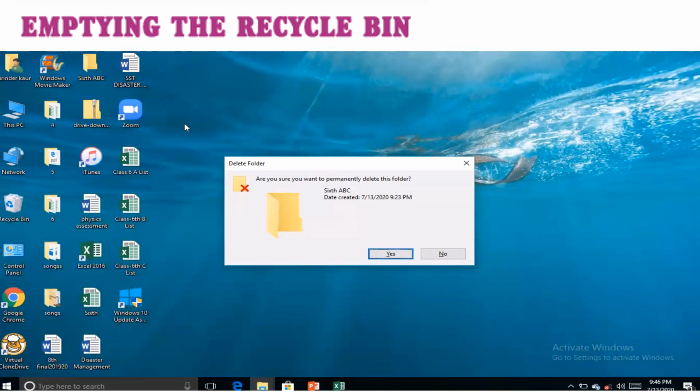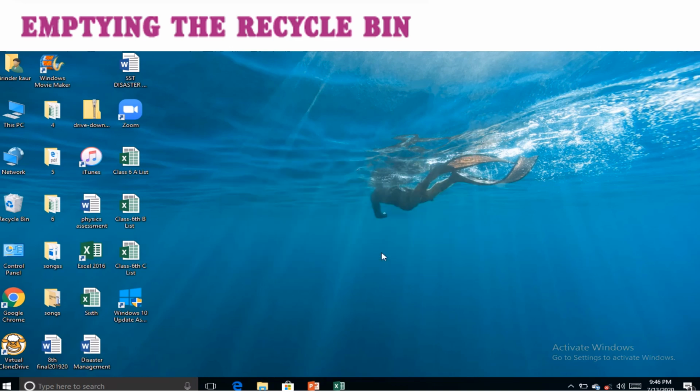Now you can see here we have a message that you want to permanently delete this folder. This means this folder will not go to the recycle bin, it will be deleted permanently from your computer. When I click on yes, then it will be deleted from here and it will not go to the recycle bin.